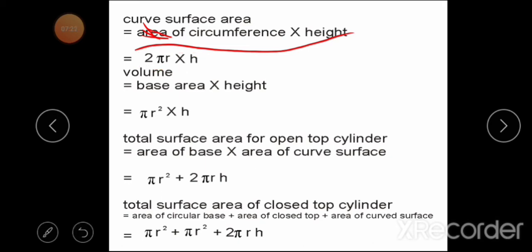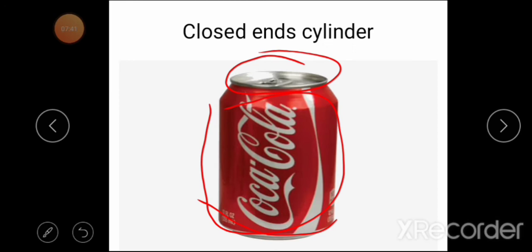Then we have the volume of the cylinder. The volume of the cylinder is the area of the base times the height of the cylinder. So if we go back to this diagram, the quantity of Coca-Cola,